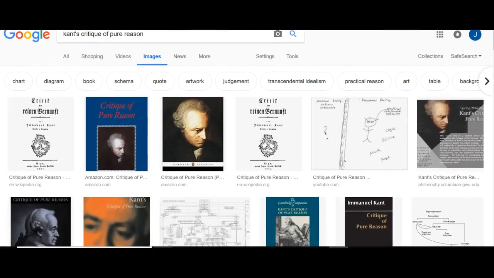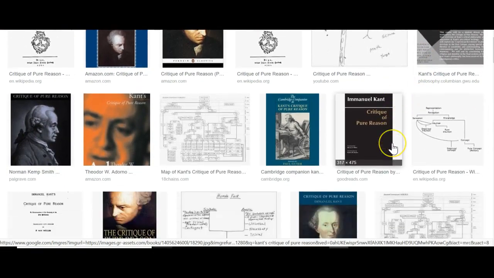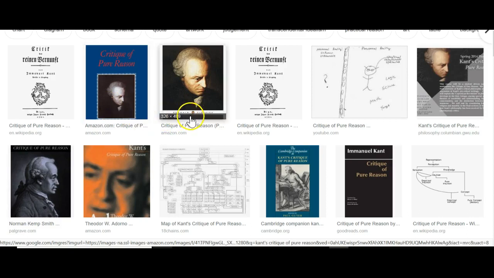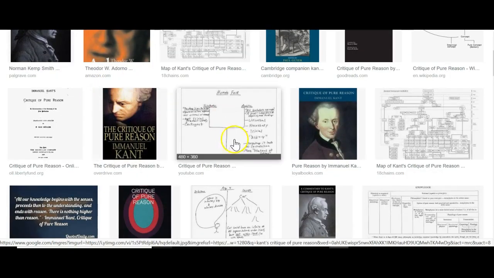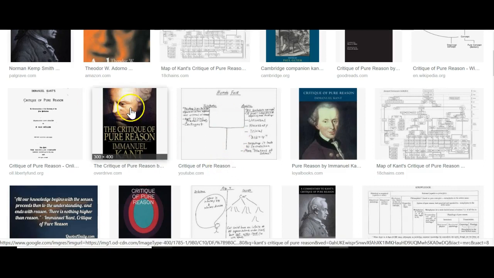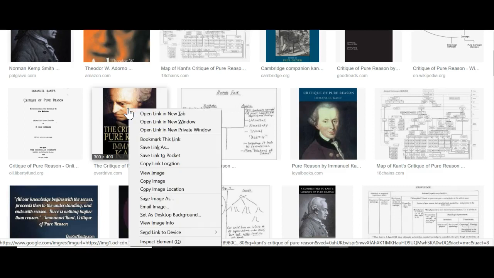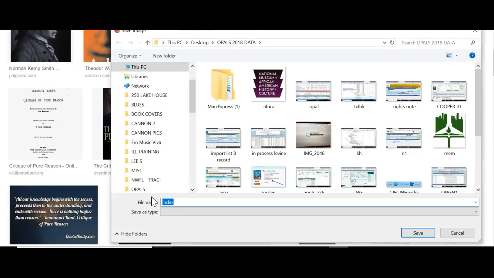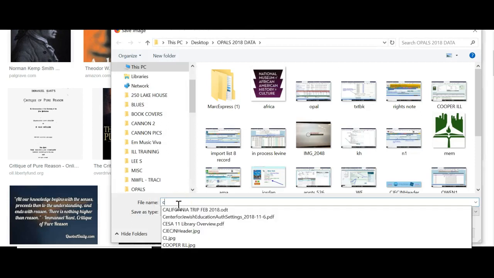So here we are, and I am just looking for a very bare bones. Let's see, this has the Penguin edition. This one is quite bare bones. I'm just going to look around a little bit. This one is good. I'll take this one. The Critique of Pure Reason, Manual Kant. I'm going to save it to my computer. So I'll save image as, and I'll save it in the same folder I had the ebook. And I'll call it the